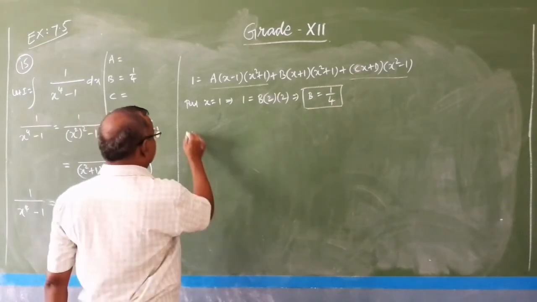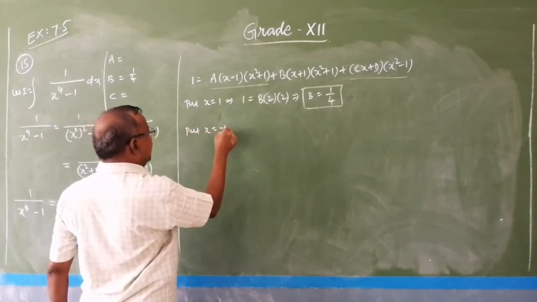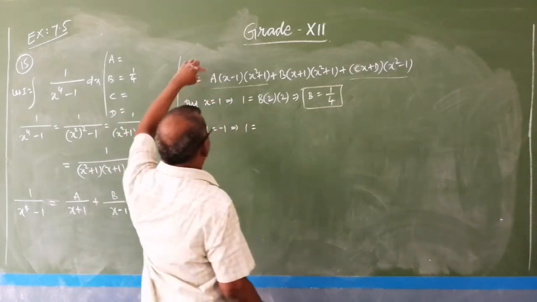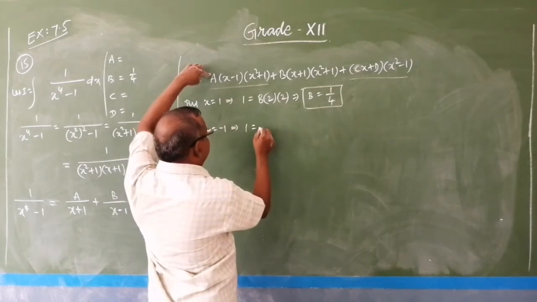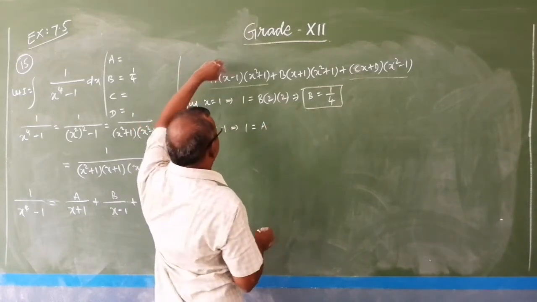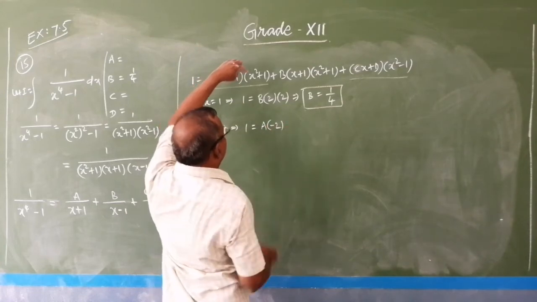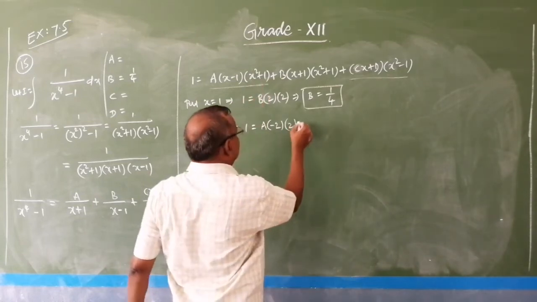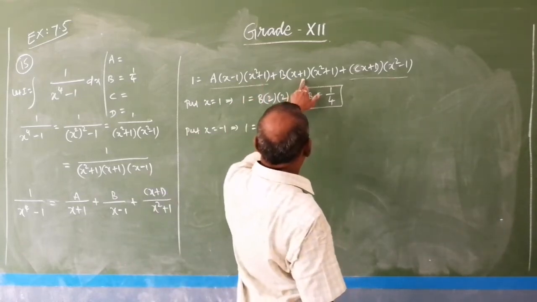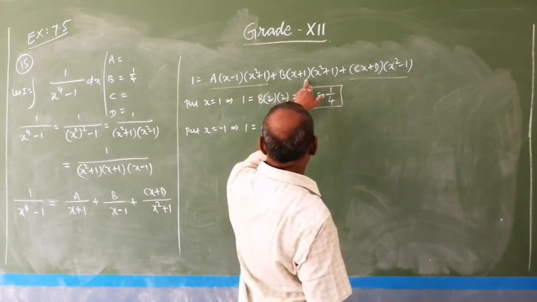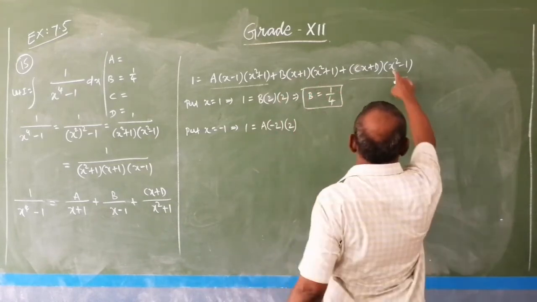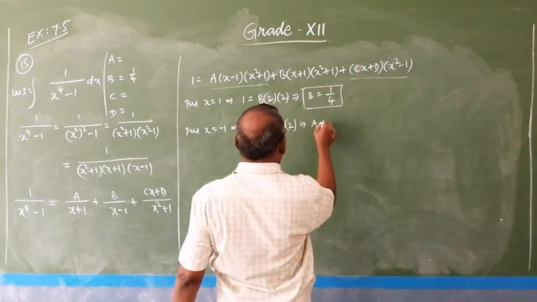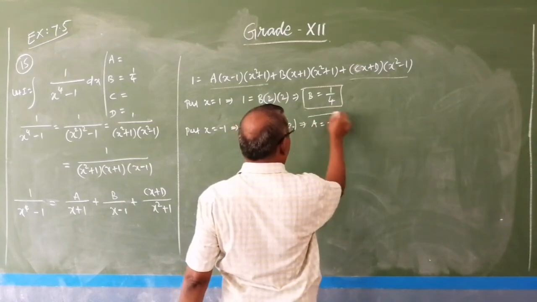Now put x equal to minus 1. So the LHS equal to 1. Here a into minus 1 means minus 1 minus 2, and minus 1 means minus 1, the whole square, 1 plus 1, 2. And minus 1 means this part is eliminated, that is 0, minus 1 plus 1, 0. So the b term is 0. Here minus 1, the whole square, 1 minus 1, 0. So the entire part is 0. So we have a equal to minus 1 by 4.